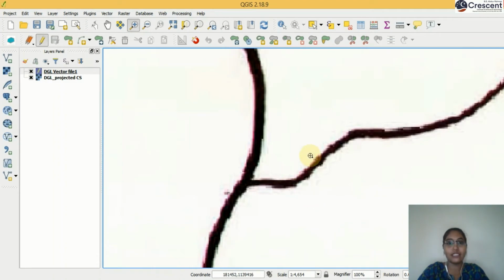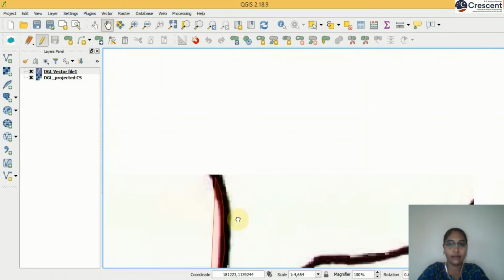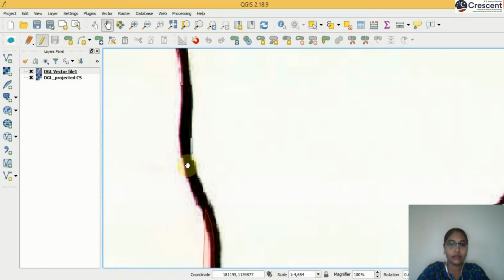Zoom at least at this point, at least 3 times. The black line should be a thicker line. Now click add feature. Using your mouse, first you click the left button. Once you click the left button, automatically the cursor starts digitizing your features. Now your line should go in between the black line.